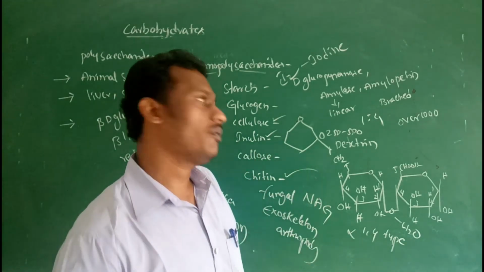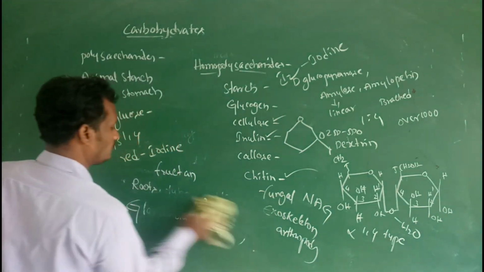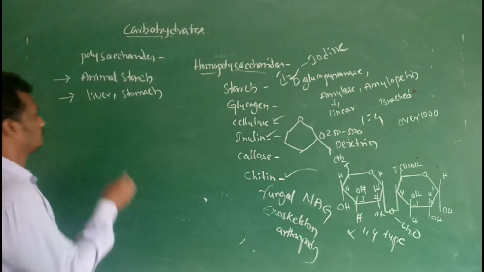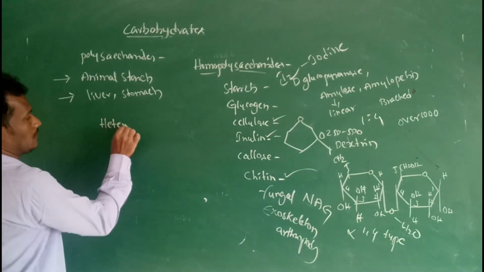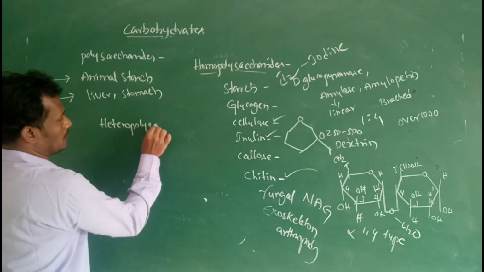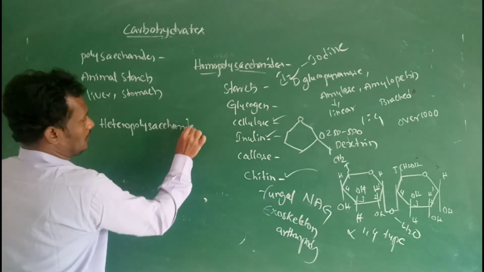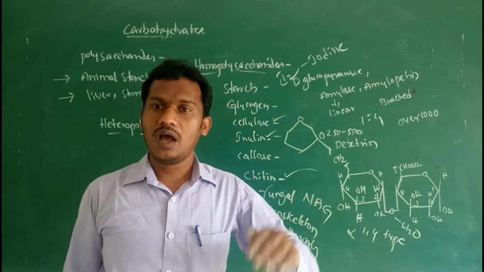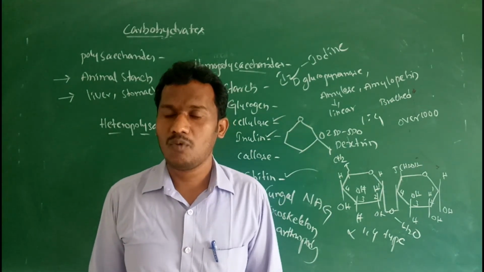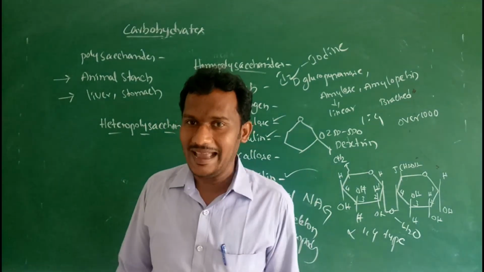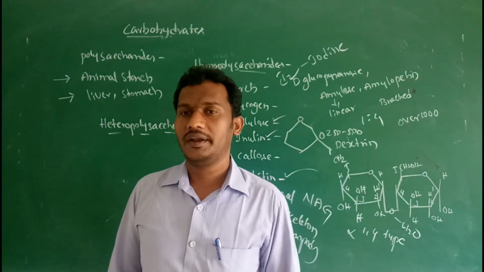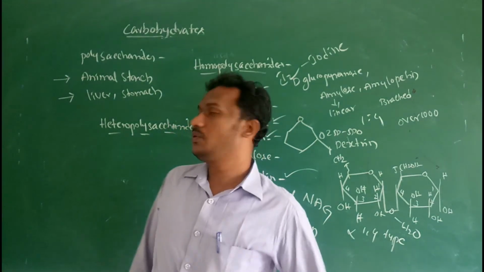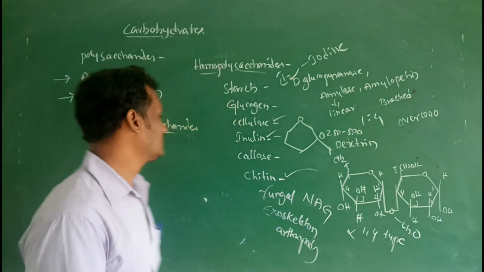Next one, heteropolysaccharides. Heteropolysaccharides contain two or more different types of monosaccharides. This is known as heteropolysaccharides. Examples: